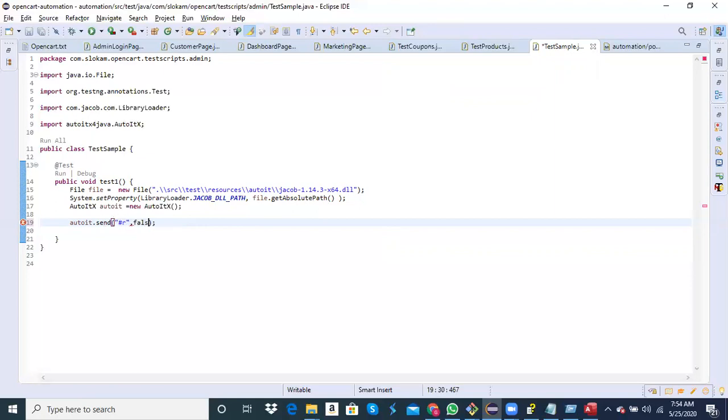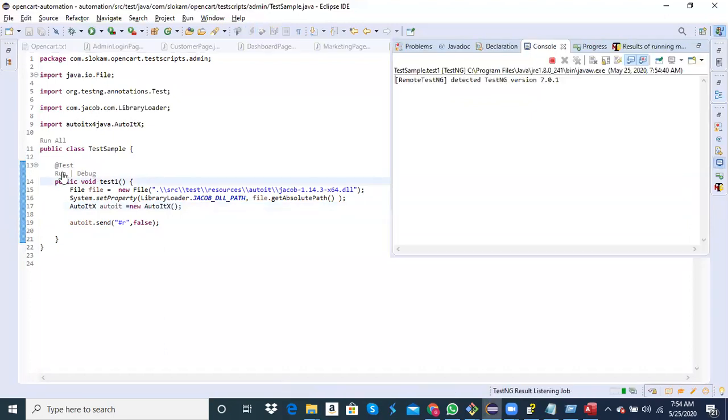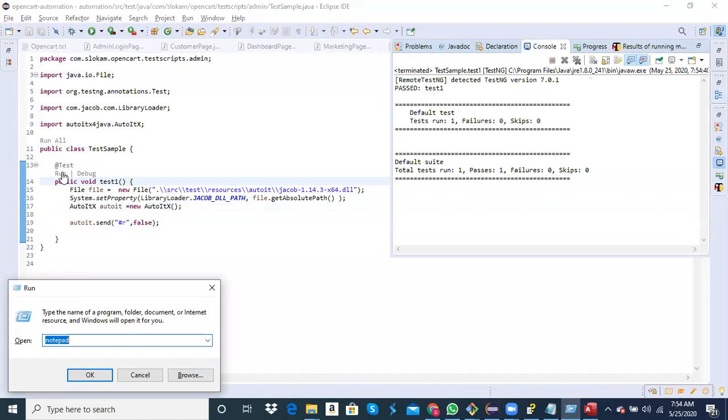If you provide false, that means it's not raw. Raw means exactly what you have will be typed. If it is not raw, then it will convert this hash into the Windows button, and then it will do the Windows or. See, Windows or it will run.